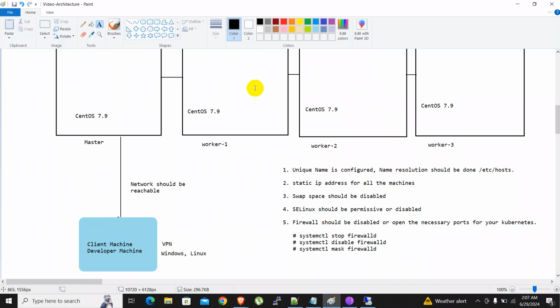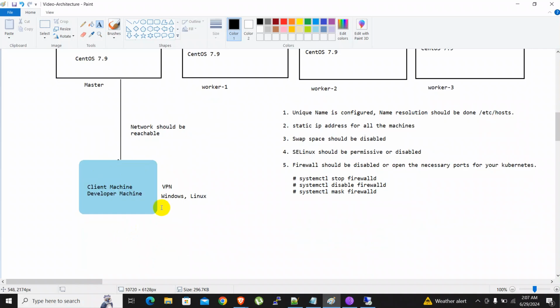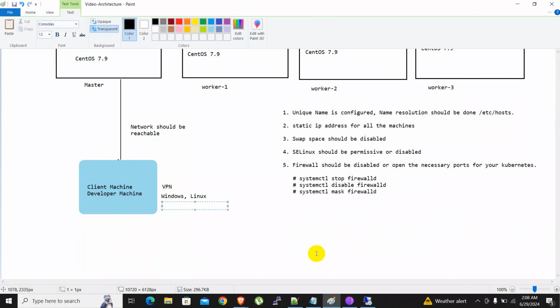But whatever client machine you want to connect with the cluster, or if you would like to execute a command on the cluster, the basic condition is that your machine should be reachable to your cluster. The second condition is that you should install the